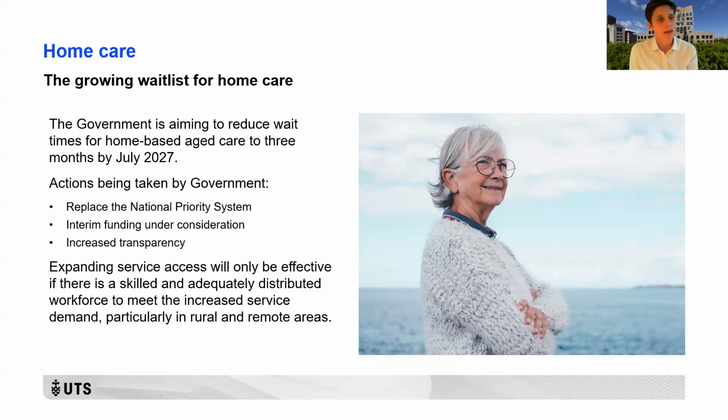For one, there'll be a new priority system that will replace the national priority system in the Support at Home program. The government is also considering introducing interim funding for those individuals who are waiting for Support at Home supports for longer than 3 months. And as with the new Act, there will also be increased transparencies about the time that individuals spend waiting for